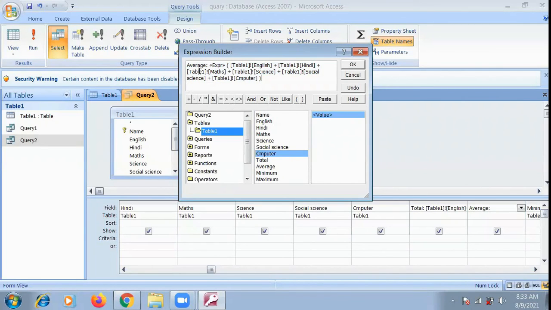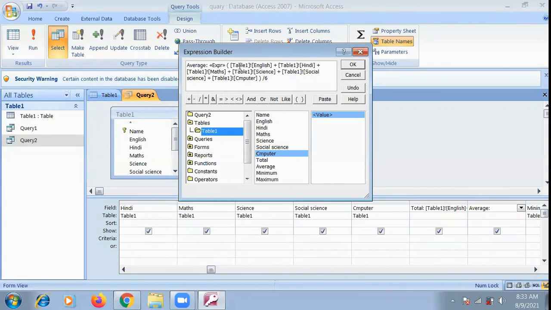Now what will happen? It will solve the bracket value. Bracket value means it will add all the numbers that these fields have. Now I'm going to put the slash sign to divide it, and from the keyboard I'll type 6, because there are 6 headings: 1, 2, 3, 4, 5, 6.